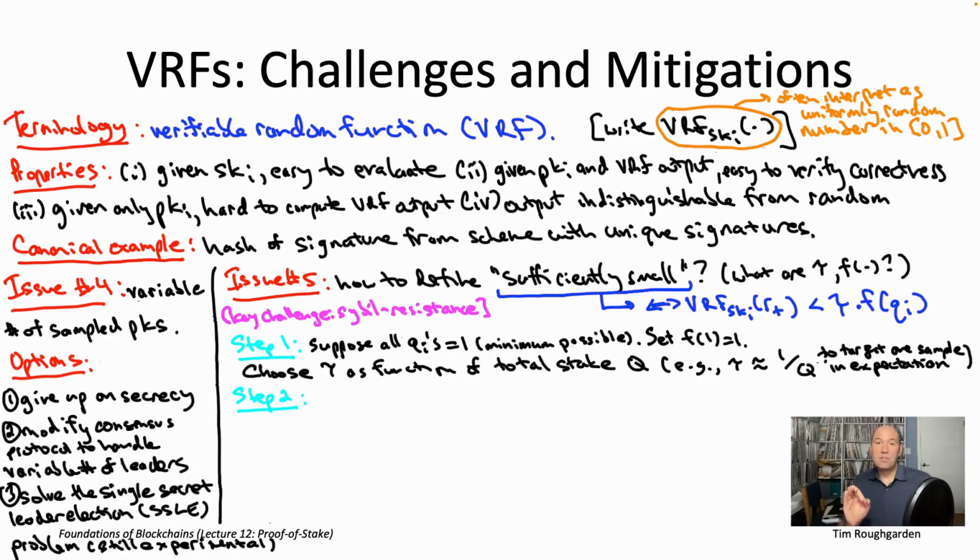So the first version of step 2 that we're going to look at is going to assume that additional Sybils getting selected beyond the first one offer no additional value. Okay, so all someone cares about is whether at least one of their Sybils gets sampled. As we'll see, that is exactly the right version of step 2 to consider when we talk in part 3 about coupling proof of stake Sybil resistance with longest chain consensus.